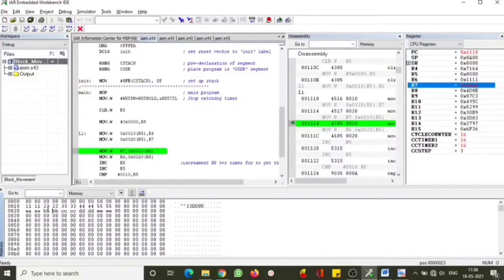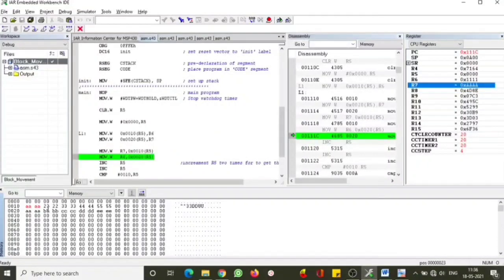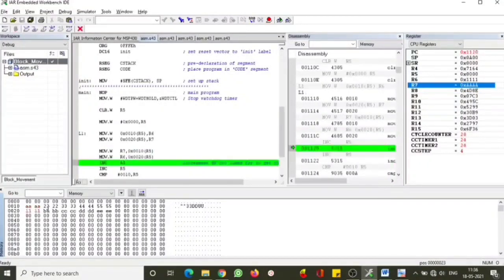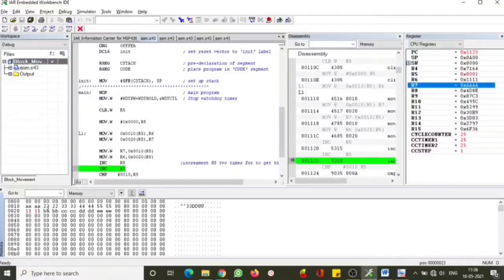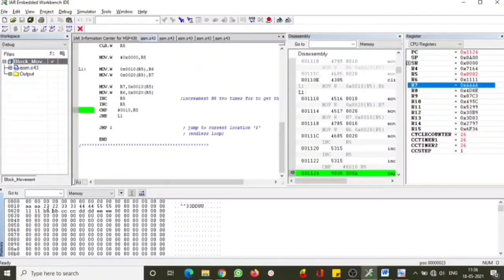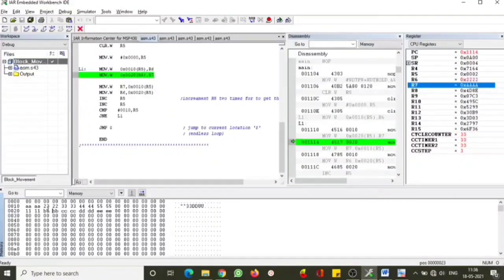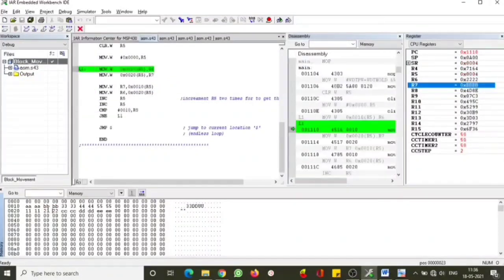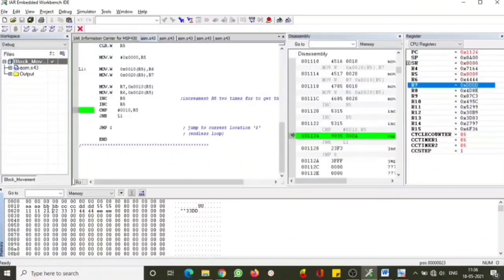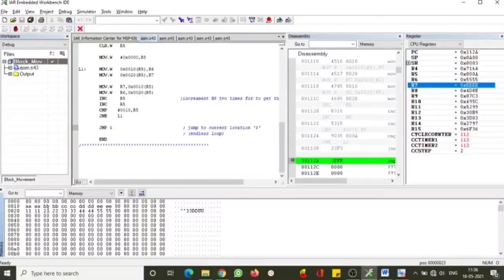Am I right? So clicking on this, now the 10 location is changed. Now the 20 location is changed, right? Increment of R5 is done. Comparing it, going back to the loop, again the same thing. R7 gets the new value, R6 gets the new value, that is 2222, R7 gets BBBB, movement is done. Similarly, all the values are changing now. So this is about block of data exchange. So that's all, it will end the loop and come out.